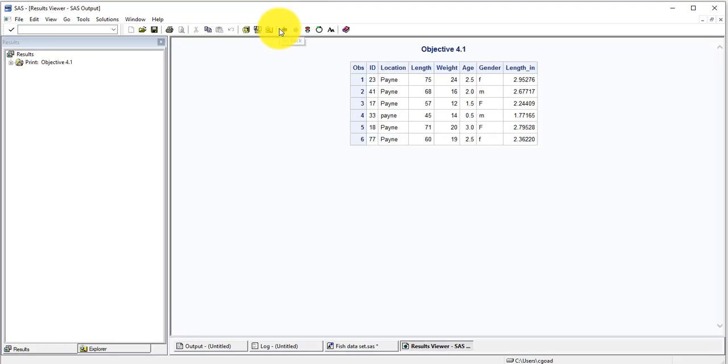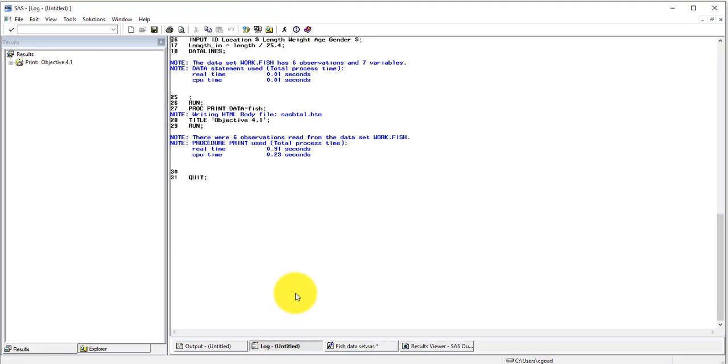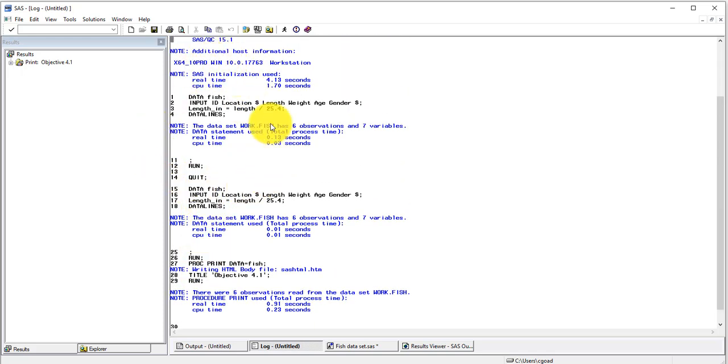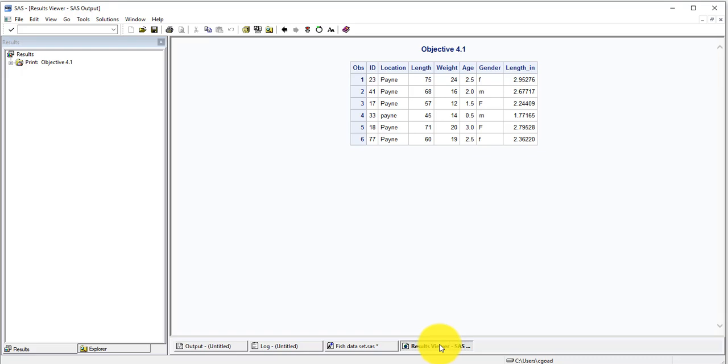So if I click submit, it's going to run the whole program again. If I scroll up some more, you can see the first run where I just had the data step alone. I've got the results viewer here. I don't notice any errors, and in the results viewer I find that I do have 6 lines of data, and then how many columns? 1, 2, 3, 4, 5, 6, 7, plus the observation number that SAS puts in there whenever I look at a print procedure. And so the length in inches is the last variable created, so it is the last column